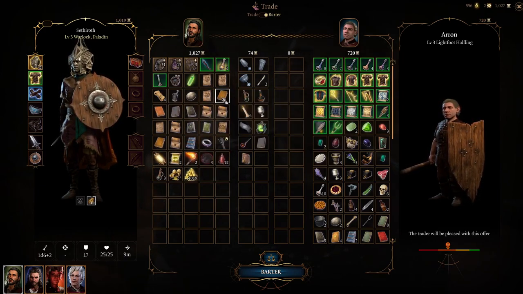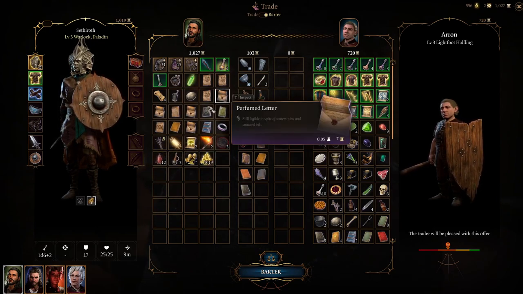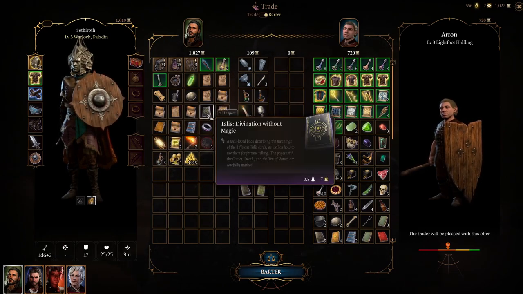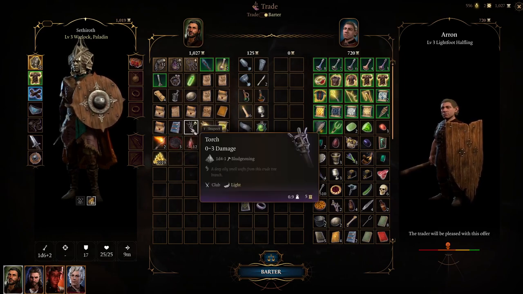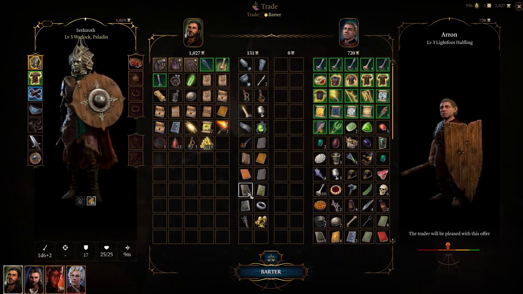This is where I guess we just sell a bunch of these books. Perfumed letter, I think those might be... You might be able to deliver those at a certain point, so we'll hang on to those for now. Divination without magic. Okay. Bolo's Guide. I haven't actually read that, but given that I actually own the book for Bolo's Guide to Monsters, maybe I should hang on to that one, if for no other reason than...